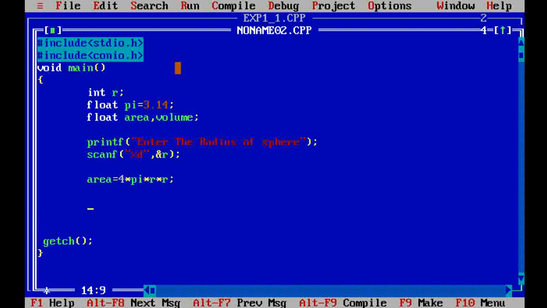In this way we will get the area. Then we process the formula of volume. The formula is 4 by 3 multiplied by pi multiplied by r multiplied by r multiplied by r, that is r cube.